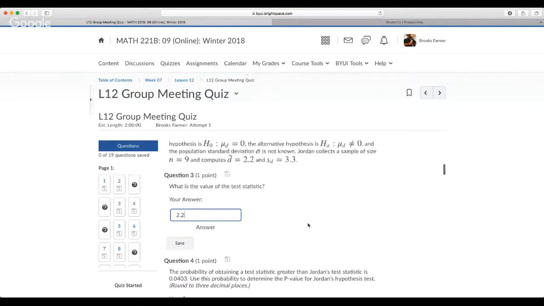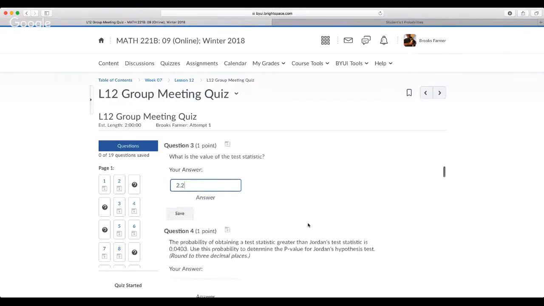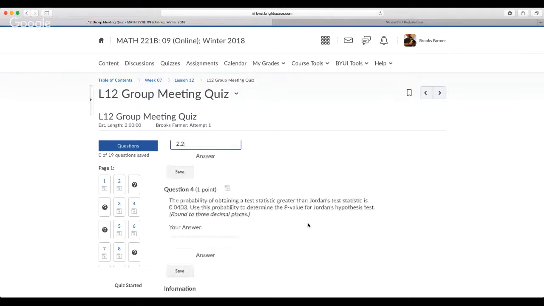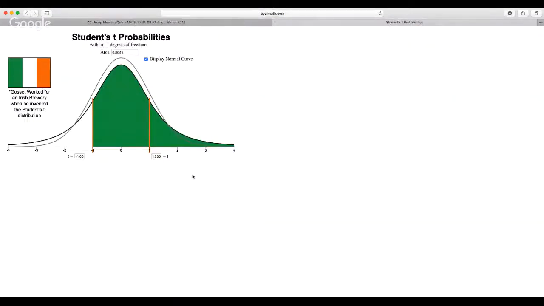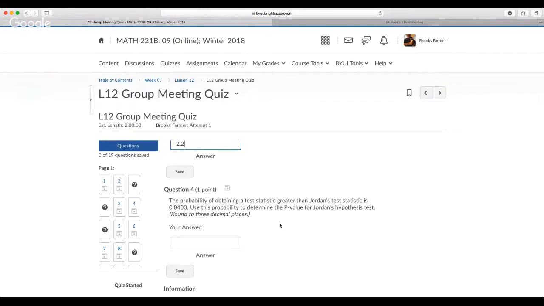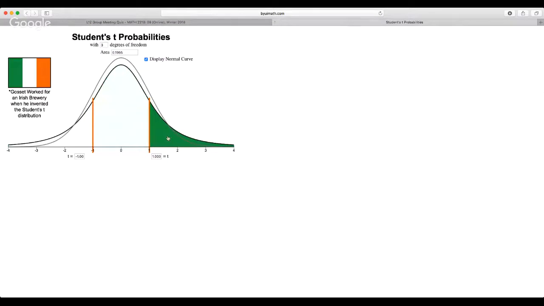Yeah, that's true. All right. We also... Oh yeah, because the p-value is the z value, right? Yeah. No, it's not. I don't know. I'm confused. All right. The probability of obtaining the probability is going to be the area. I'm pretty sure. The question is which one? Is it just the right hand side then? And then you just need the t value. Yeah, that would make sense. So we put into the area part. We put the